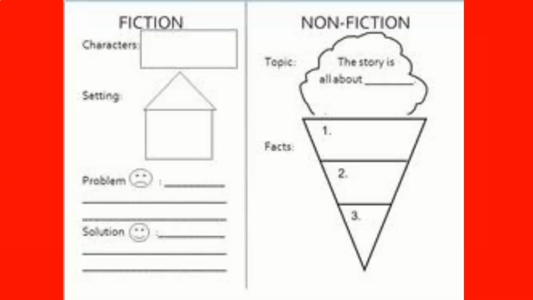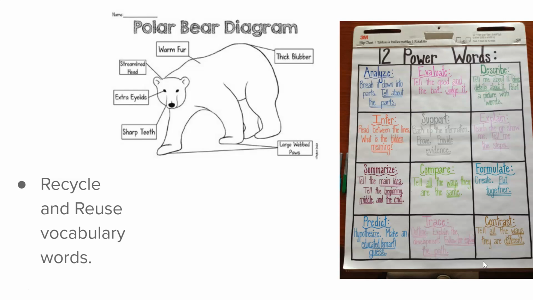These are graphic organizers to help students organize their thoughts about story elements. So, character, setting, problem and solution. And then this is about main idea and details. Okay, this is an example of labeling something, making a diagram. And then this just basically touches on what I said earlier, that we want to teach